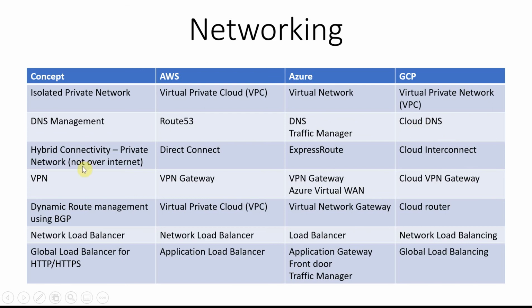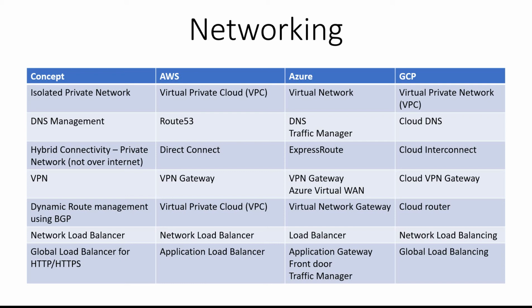Now, the hybrid connectivity category. Hybrid connectivity means primarily we're talking about on-premises and data centers connecting to cloud. So basically you have resources in the cloud and also resources on-premises, but you should not see any difference in connectivity between your on-premises and the cloud. In this category, hybrid connectivity plays a major role in how to route the traffic from your on-premises to the cloud. So you have a lot of options.